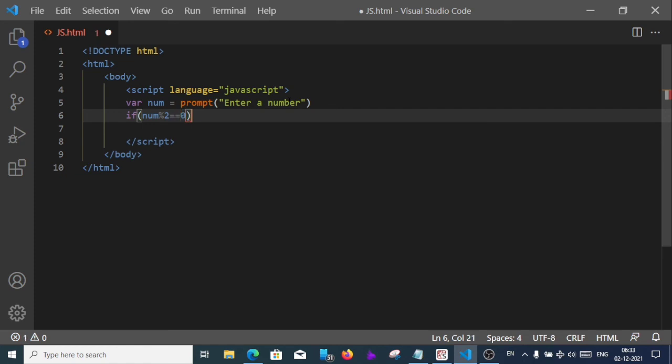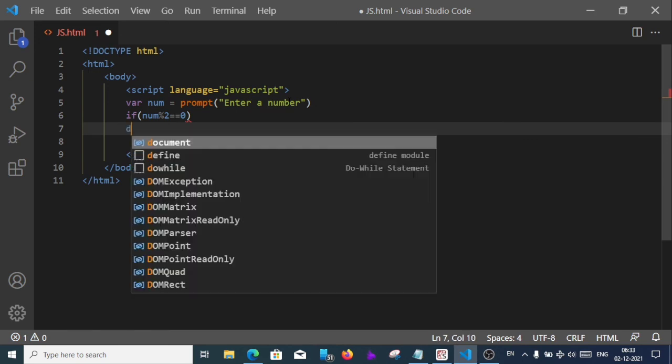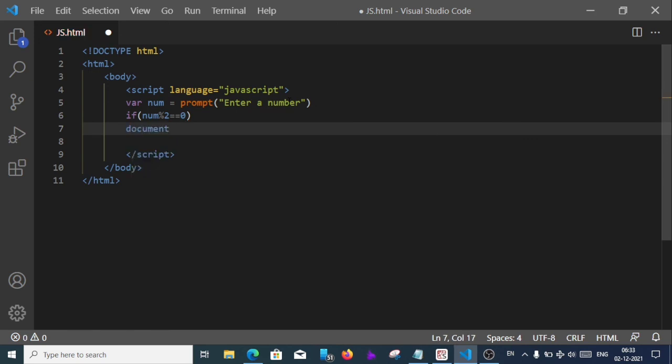If there is no remainder, that means document.write, in quotation, even number, or we can also show that number, whatever it is. Suppose the user enters 2, it says 2 is an even number.